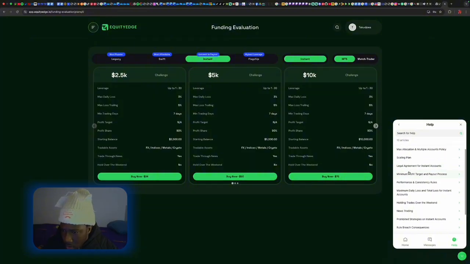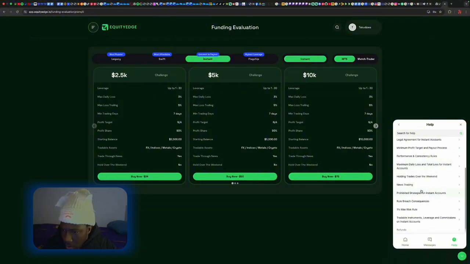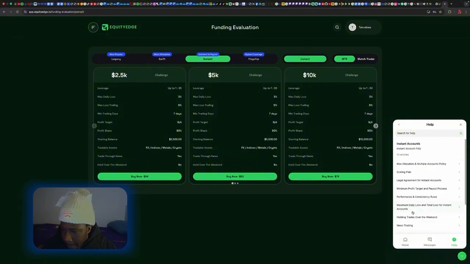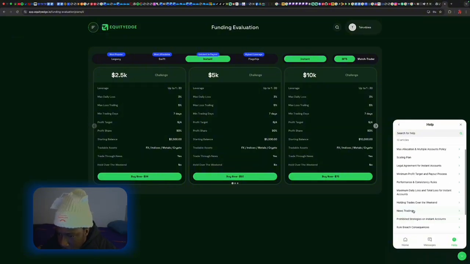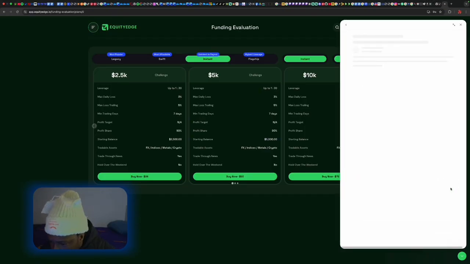They have some questions here, FAQs. Max allocation and multiple accounts policy, scaling plan, performance and maximum territory, holding trades over weekend, breach consequences, 1% maximum rule,